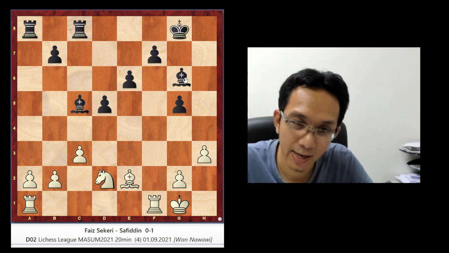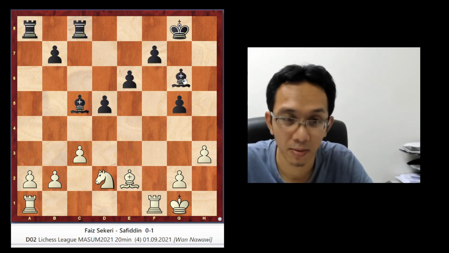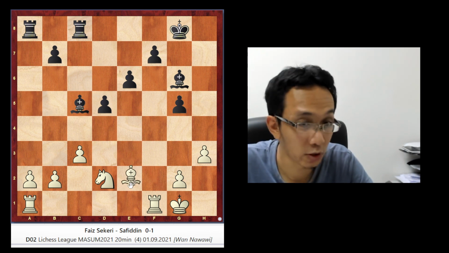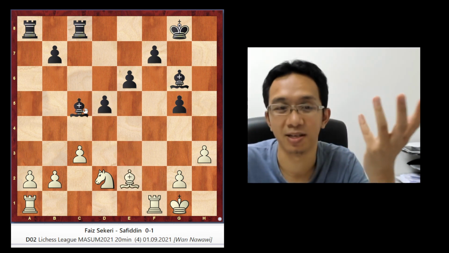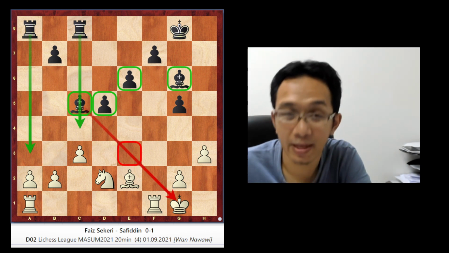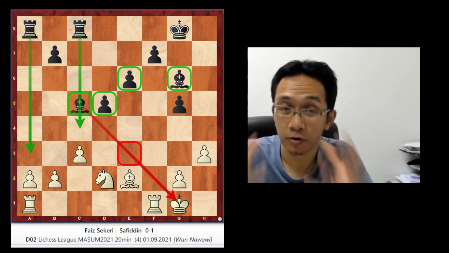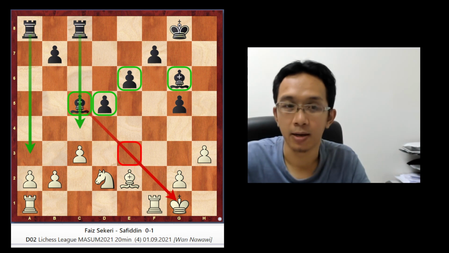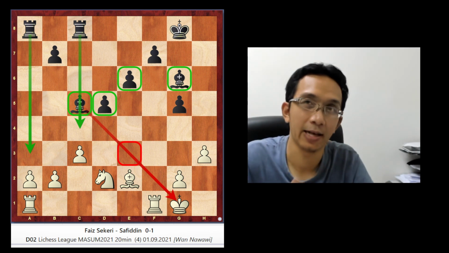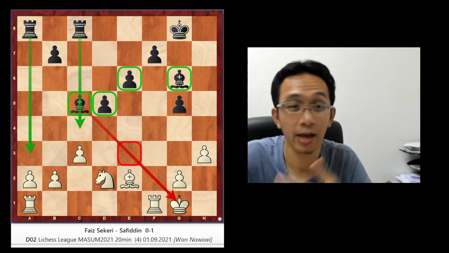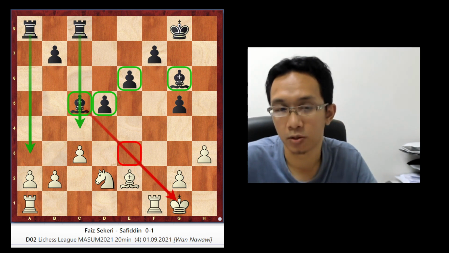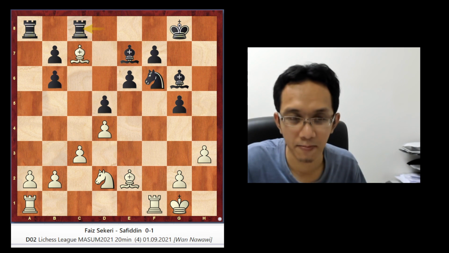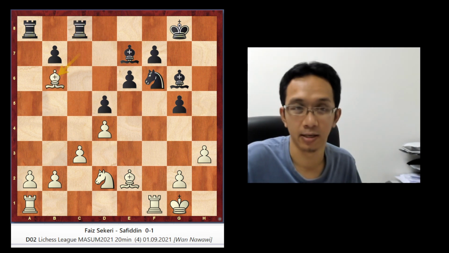This white light-square bishop, yes, white can challenge with his own bishop, but this bishop is a monster. It's a monster here. So that's the reason why at this moment black can be said to already have a decisive advantage. So that's how just a very simple thing can change the evolution like this.